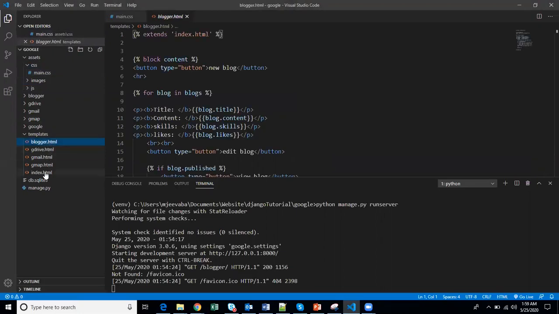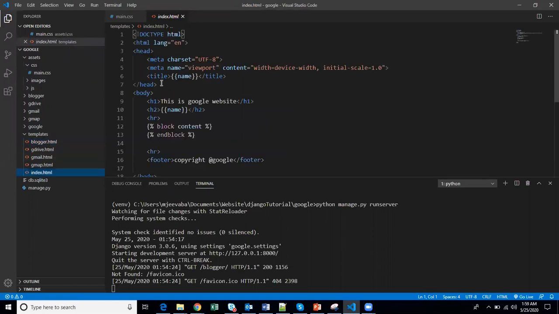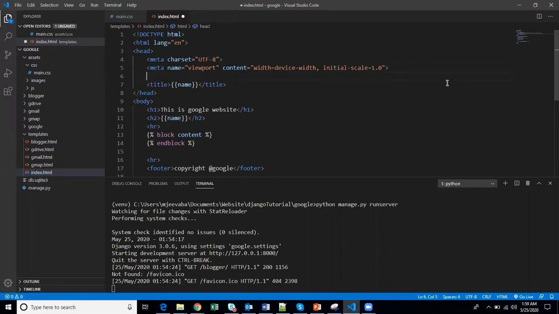All this Blogger content will be in the index body. So when we apply some CSS styles to the body, it directly applies, and the index itself applies to Blogger. So what we have to do is, in the index, we have to link a CSS file. This is the created CSS file we have to link.